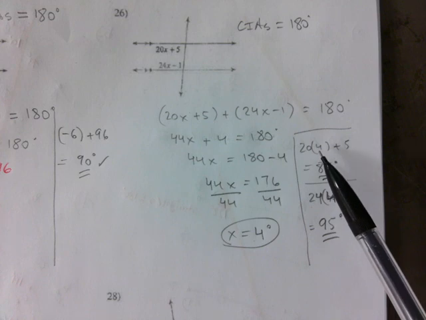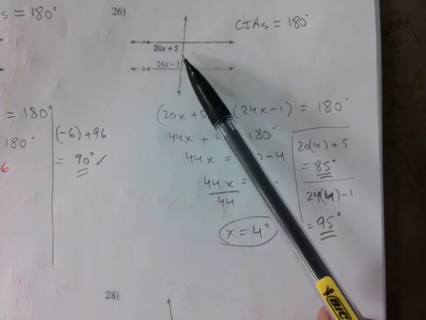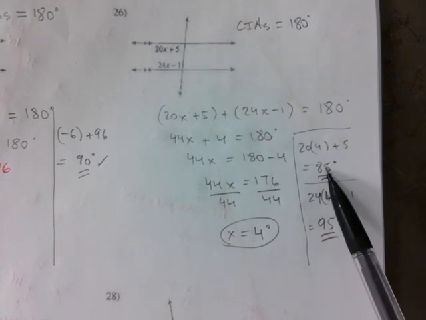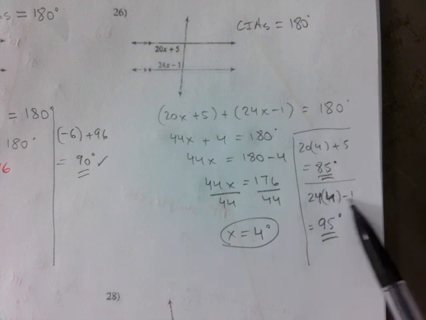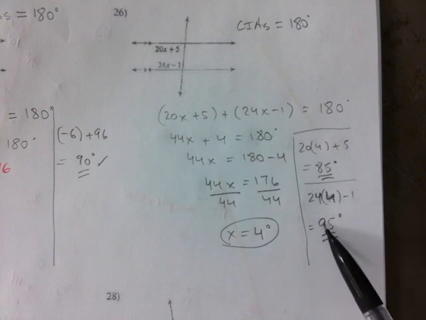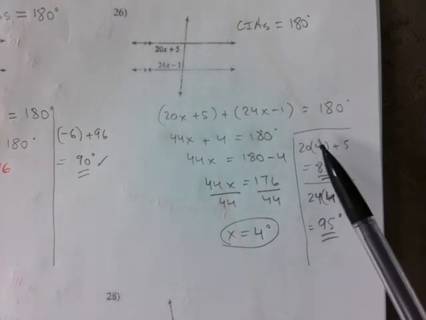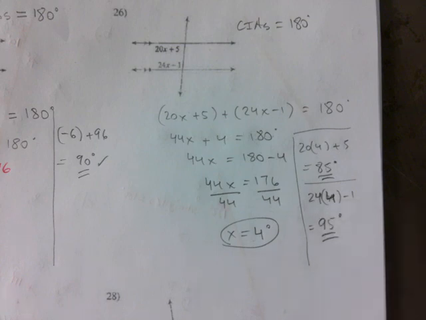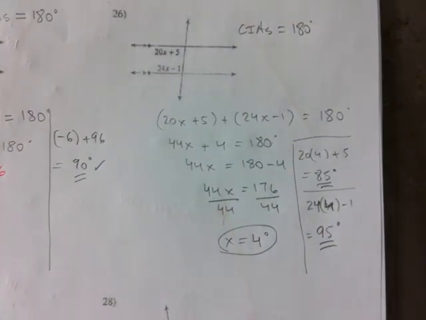You substitute it into the first expression here, which is 85. You could technically skip this step and just go 180 minus 85 to get the 95 if you wanted to, but I guess this just reassures you that you did it right. Okay. Let's move on to, and I think I'm going to make a separate video for